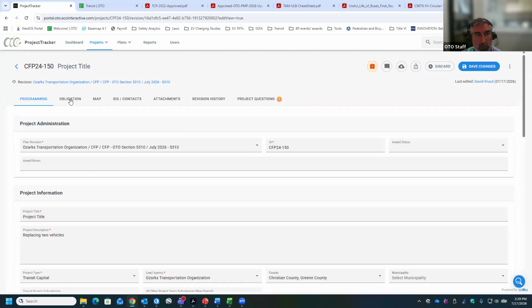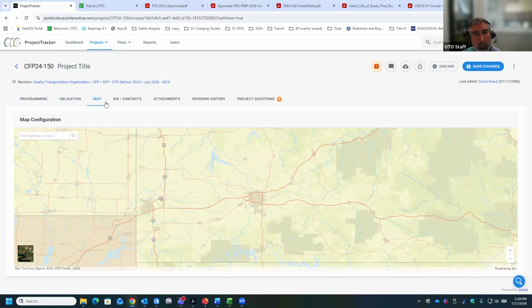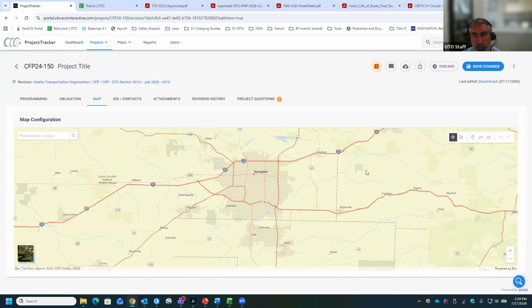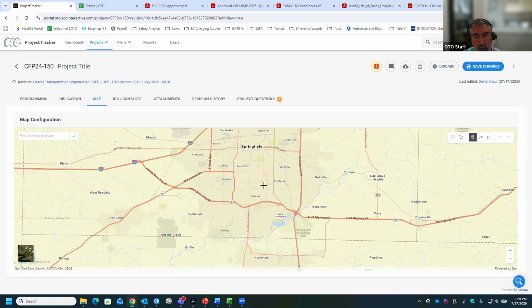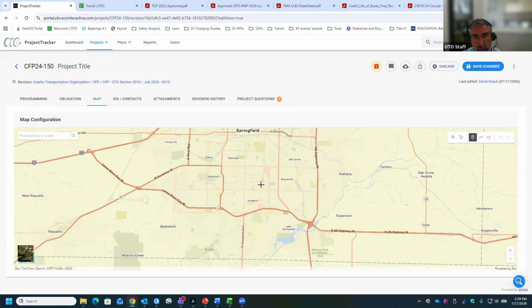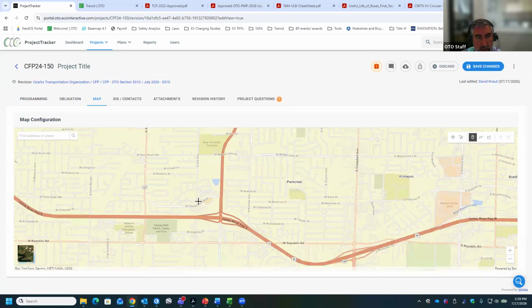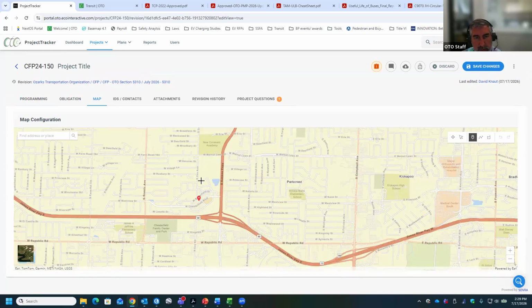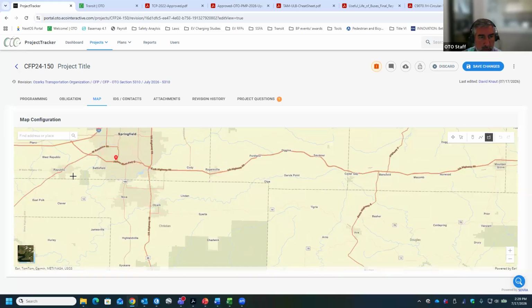Going back to the application quick, obligation, you can skip that. Map would be great. I normally ask you to either draw a service area, or even if you're new, you can also put a point on. I'm just going to pick something here. I guess I can pick our office. You could put this in for the location of your office, and then you could draw a service area. So you would draw this, and let me just draw something quick.